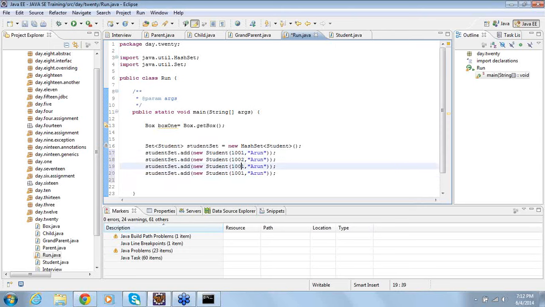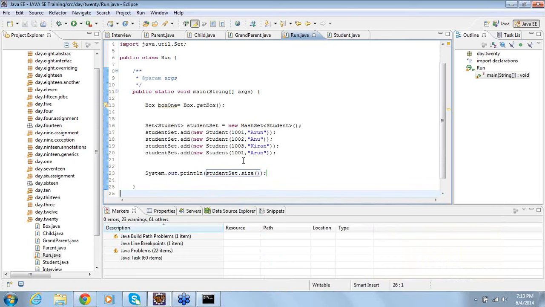So I'm adding some objects to it, three, but I'm adding one again with Arun. If you observe, I have 4 students. Then let me determine the size. I'm just printing the size here.